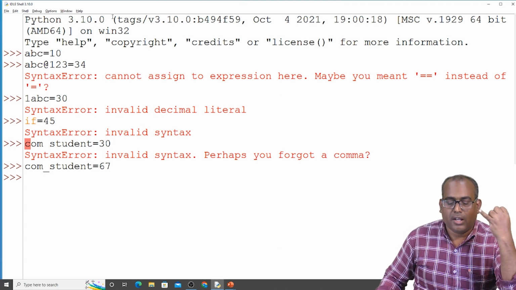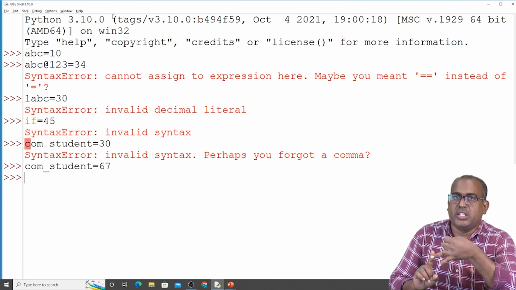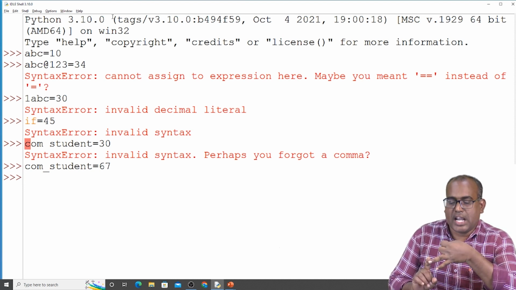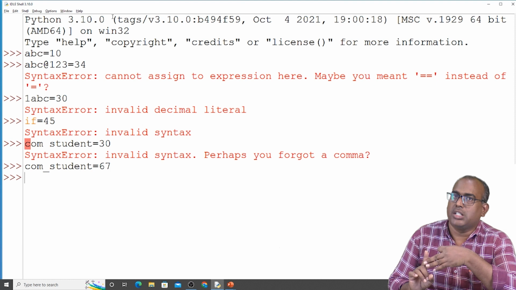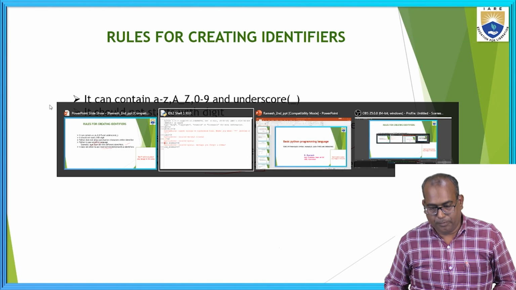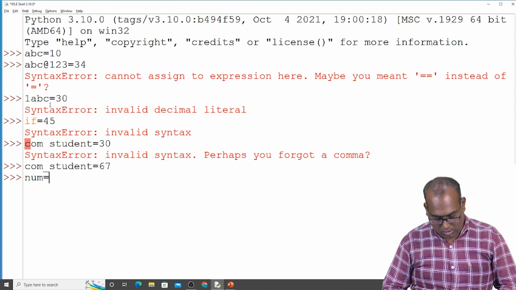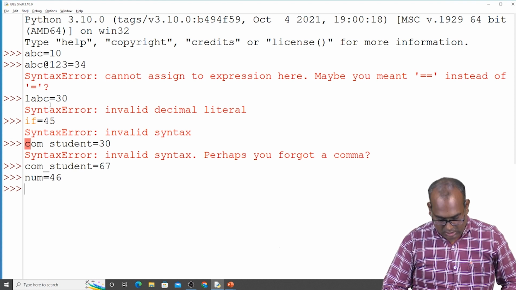In an identifier we can't start with a number. We can't use special characters; for example, @ is not allowed. We can't use reserved words, that is keywords, and we can't use a space between the words. Also, num equal to 46 I am giving, num equal to